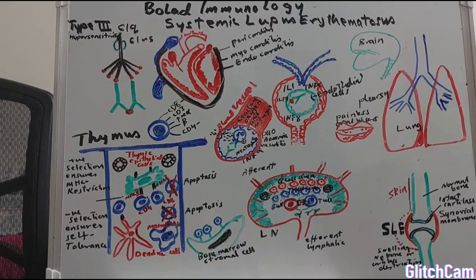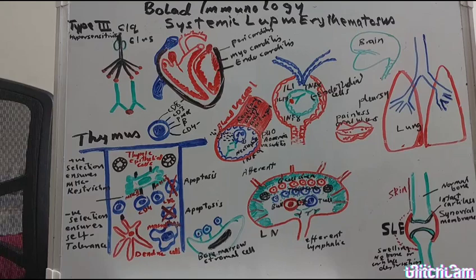So negative and positive selection ensure self-tolerance, achieved by eliminating T cells that are reactive to self-antigens encountered in the thymus. Positive and negative selection of thymocytes result in mature T cells that are both self MHC restricted and self